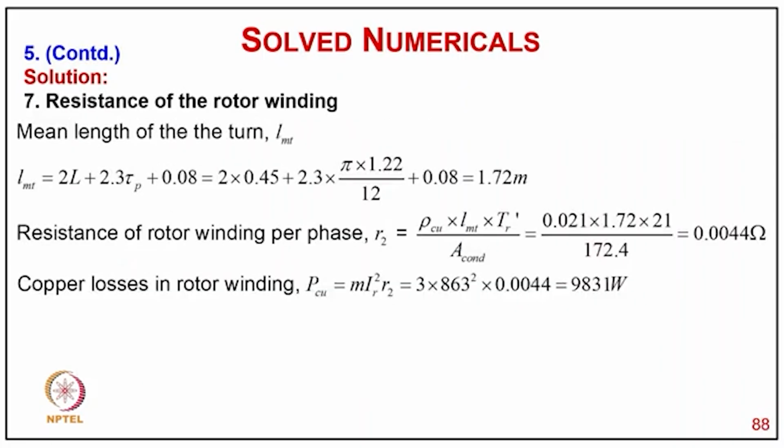13 millimeter. Now coming to the mean turn length of the conductor, LMT equal to 2L plus 2.3 tau plus 0.08. Putting the value, it comes to 1.72 meter, and the resistance of the rotor winding per phase R2 equal to rho_Cu LMT TR upon A conductor. Putting the value, it comes to 0.0044 ohm, and the copper loss in the rotor winding is I square R2, so it comes to